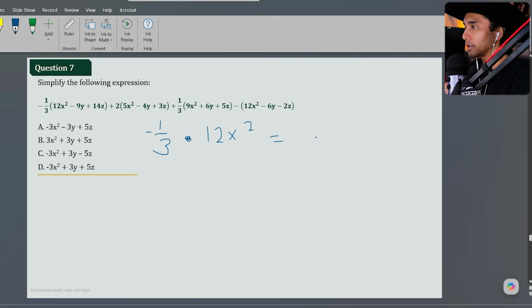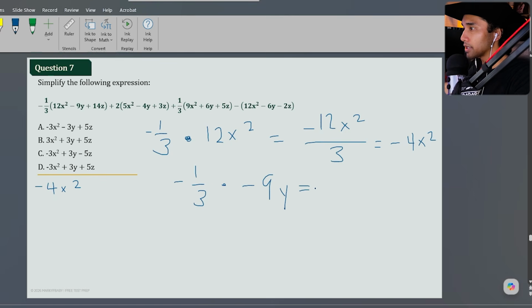Well, that equals negative 12x squared over 3, and that just equals negative 4x squared. So I'm going to put a negative 4x squared over here,